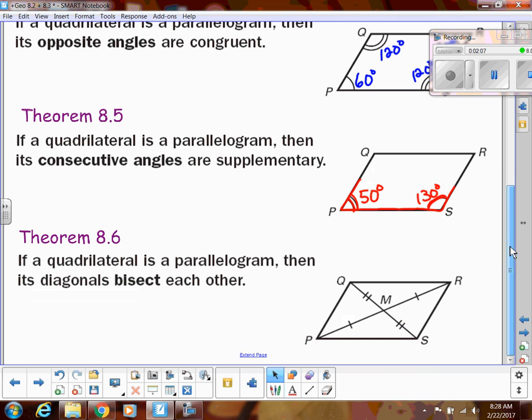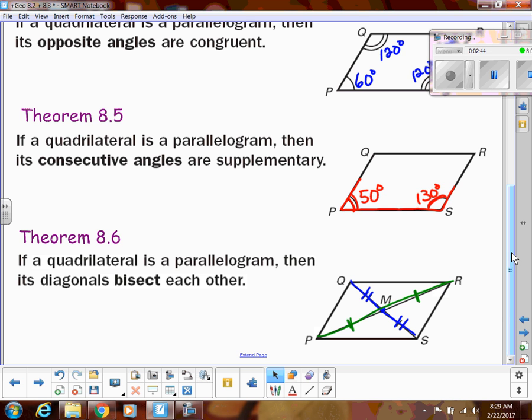So the last property that we know about parallelograms is that the diagonals bisect each other. Okay, so M is the midpoint of each diagonal. So M is the midpoint of QS, and M is also the midpoint of PR. Notice that we have different tick marks, so it doesn't mean that those diagonals are congruent to each other. It's just that they're split in half. All right, so in future problems and in proofs, you will know that these properties are true if you have